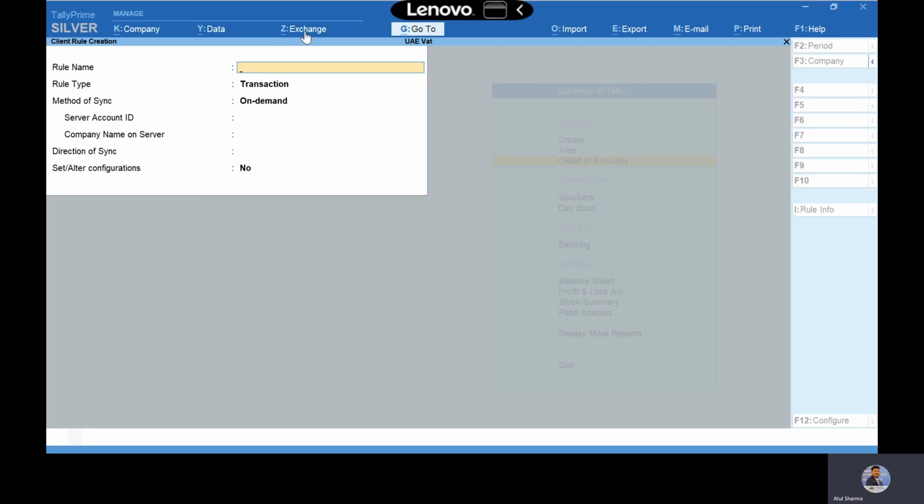Here, let's say I'm putting master. Under type of rule you can select master. As I was saying about online, both companies should be connected online at the same time, and once you sync the data, it will get immediately transferred.